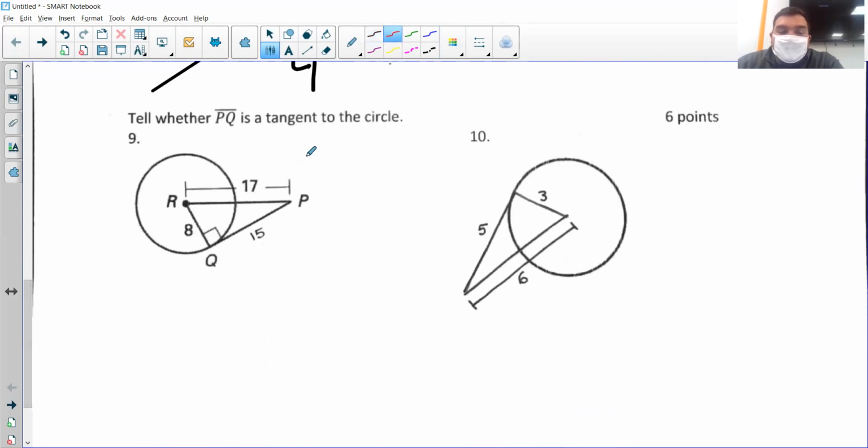Okay. So if this one's a tangent, I could also give you where I have one hidden. Let me do it as it is. It is a tangent if it's a right angle to the radius. It's a right triangle, and here we have 8 squared plus 15 squared. This one is not a right triangle. So then this is